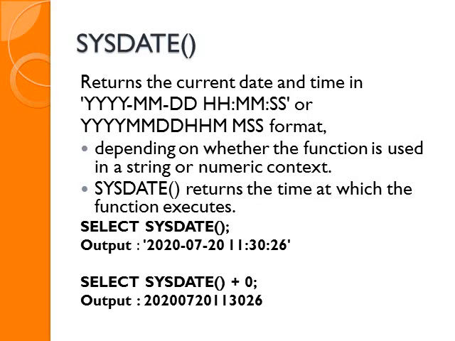Similarly, there is a function SYSDATE. SYSDATE also returns the current date and time in the same format as NOW returns. But SYSDATE returns the time at which the function executes. NOW gives the date and time when the function begins to execute, and SYSDATE returns the time at which the function executes. There is a difference of only a few seconds or milliseconds.